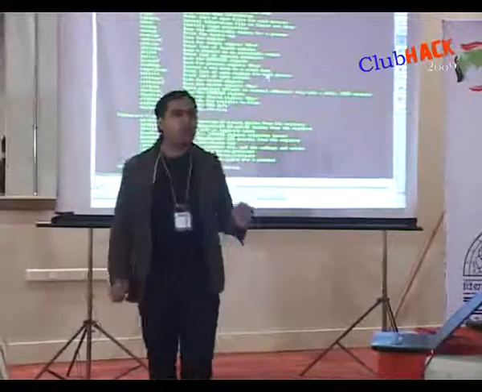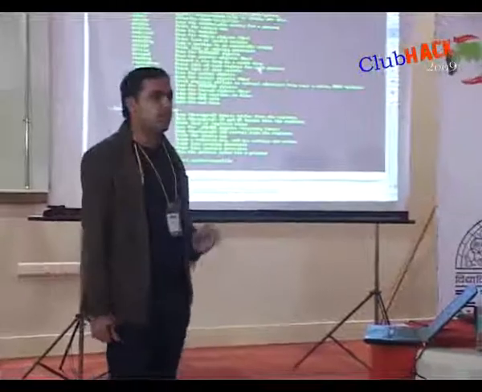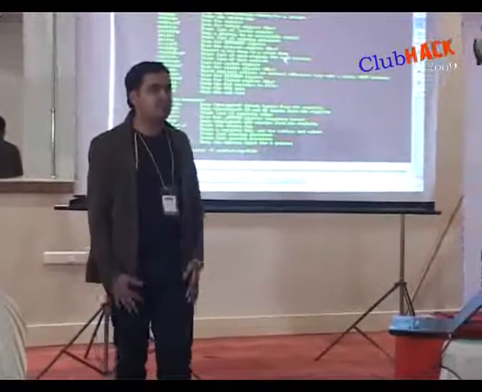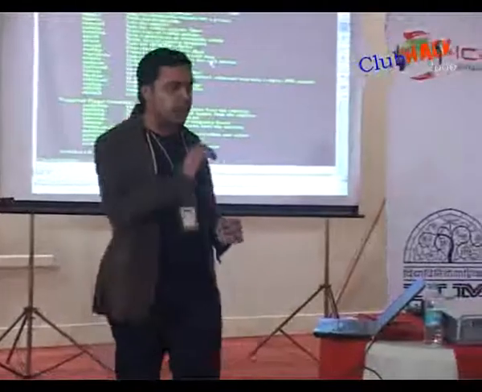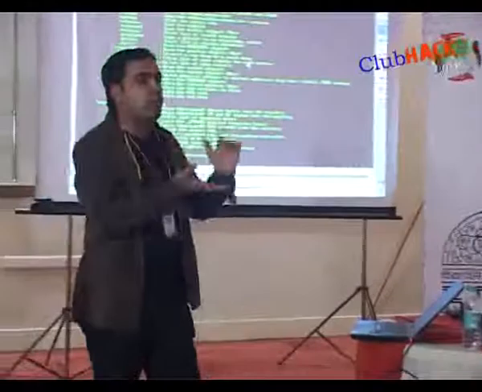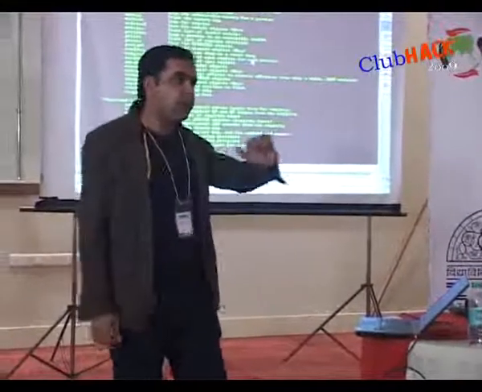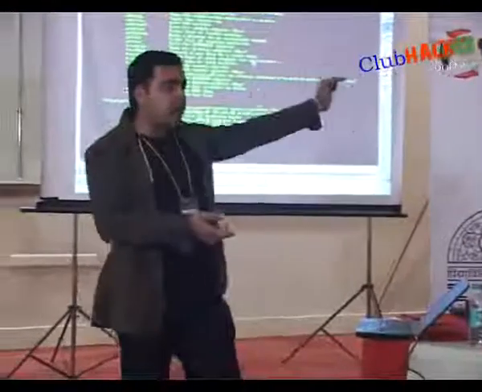All of you are aware of this command ls. And what about ls of? ls of is very important. It will list all the open files, if some file is in use, and what all files have been opened by that particular execution.